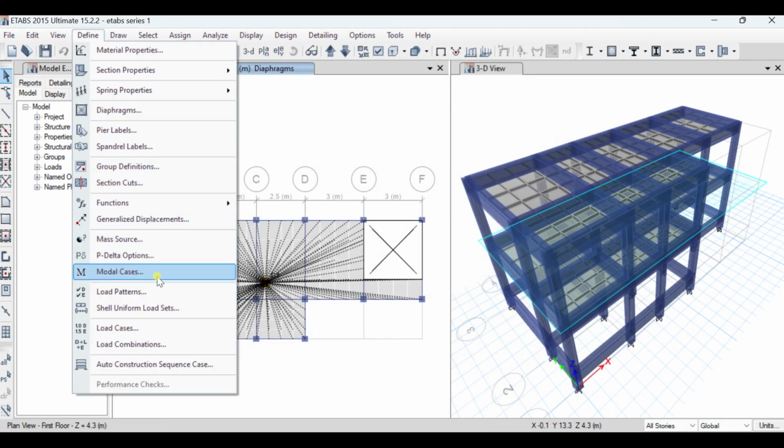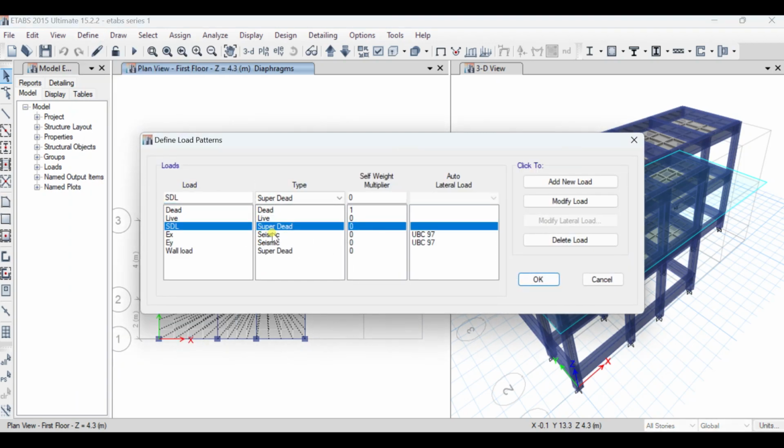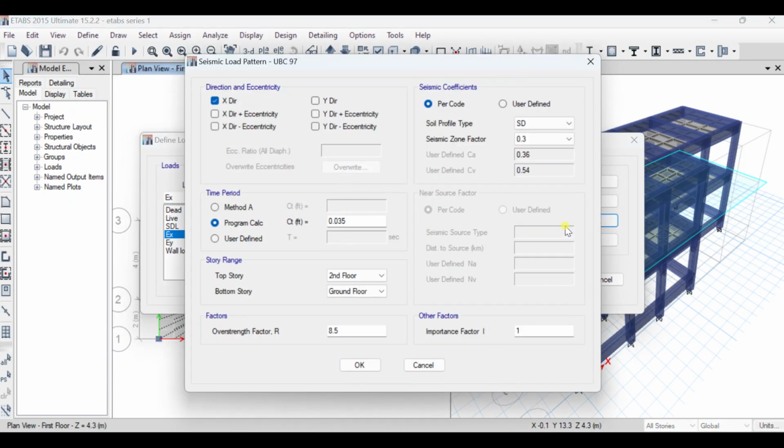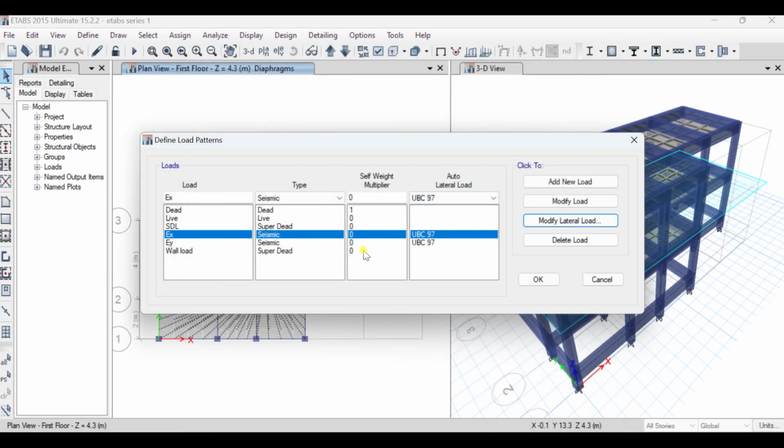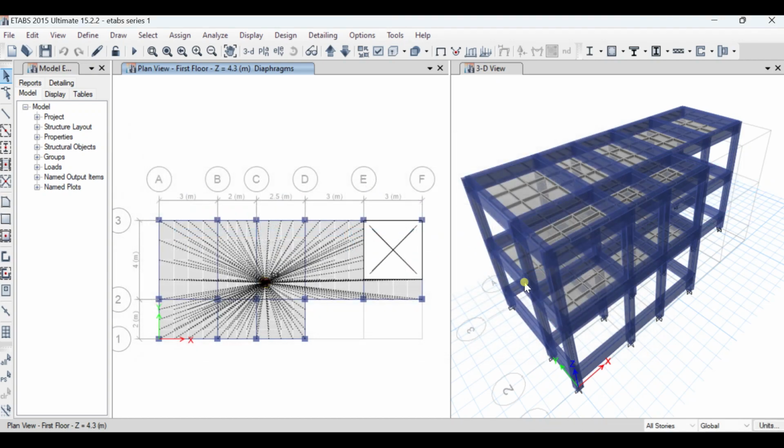Okay, CA 0.36, make sure that CA is 0.36. Now it's okay with your model. This is the program calculator, you need to put this into the spectrum. So this is all about the definition of the load patterns, load case, response spectrum, mass source. So this is all about the definition of the load input. In the next video we will learn about the